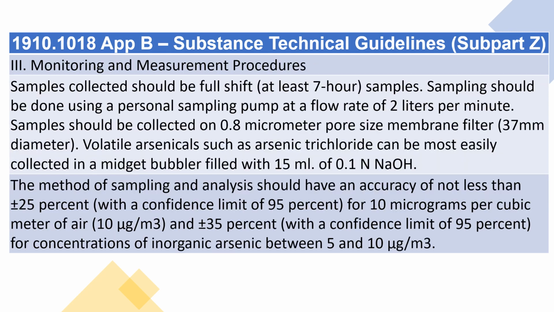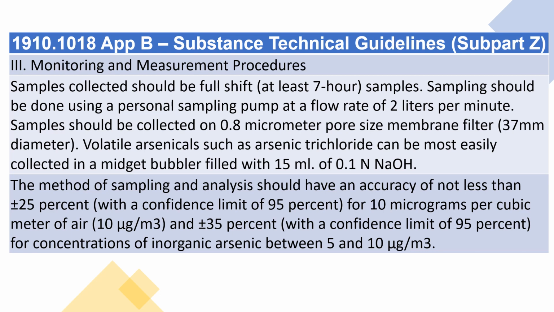3. Monitoring and measurement procedures. Samples collected should be full shift, at least 7-hour samples. Sampling should be done using a personal sampling pump at a flow rate of 2 liters per minute. Samples should be collected on 0.8 micrometer pore size membrane filter, 37 millimeters diameter. Volatile arsenicals such as arsenic trichloride can be most easily collected in a midget bubbler filled with 15 milliliters of